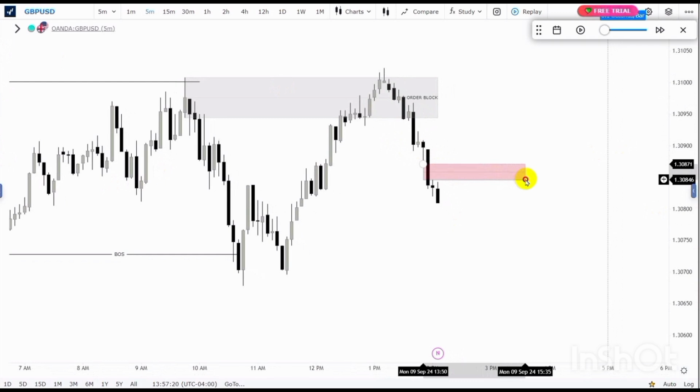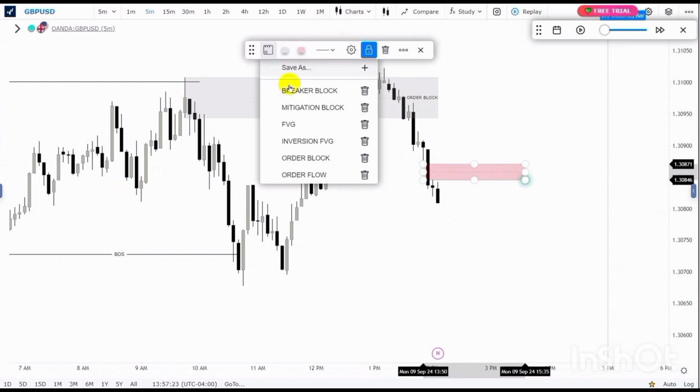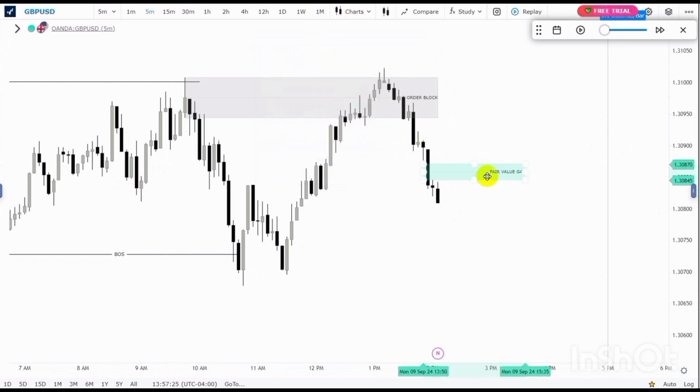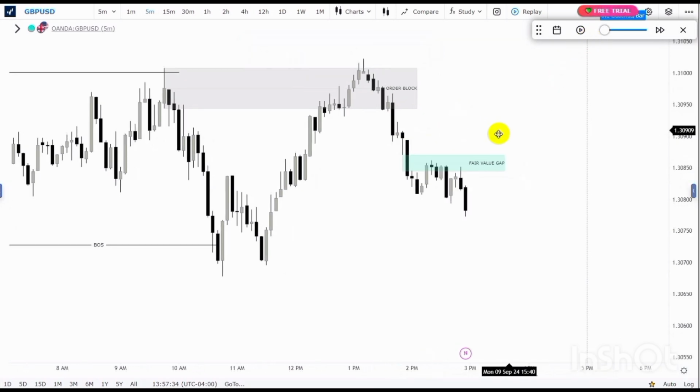So if price should return to this fair value gap, then that should be your entry, this fair value gap, and then the stop loss should be above the high of this bullish candle. So let's play price to see. Okay, so we can see how price returned into this fair value gap because you can see price mitigated the